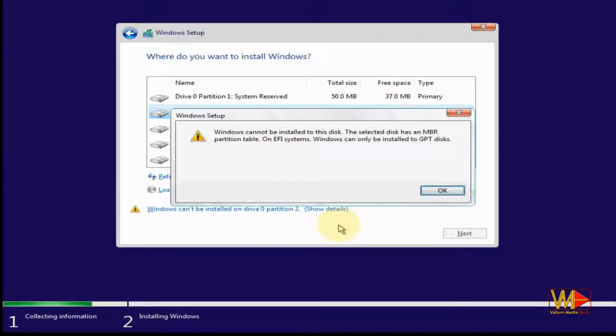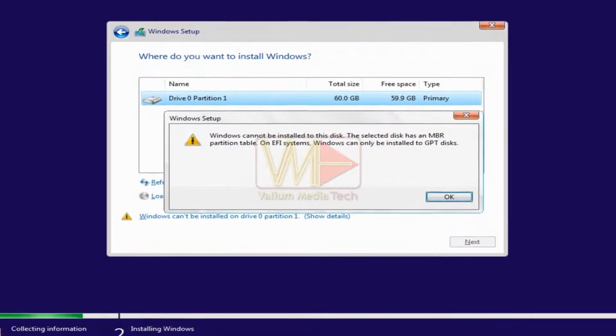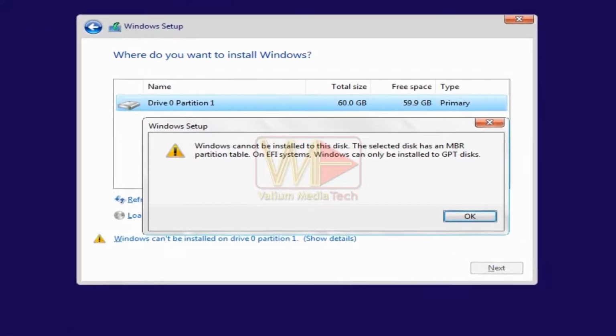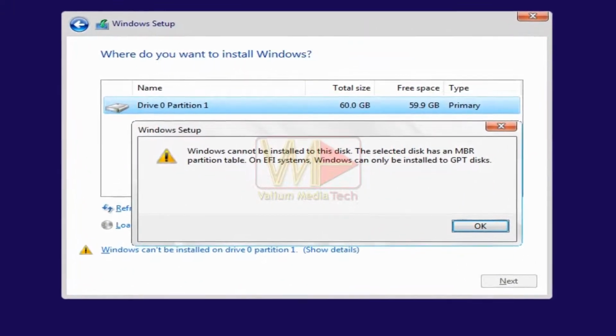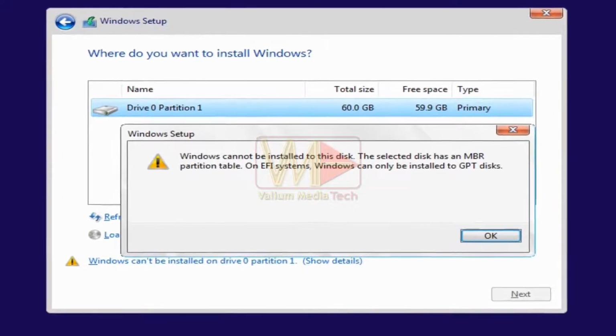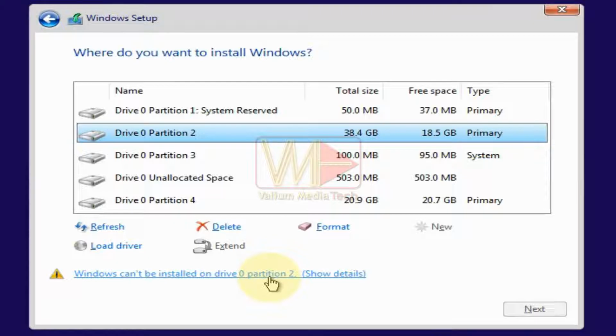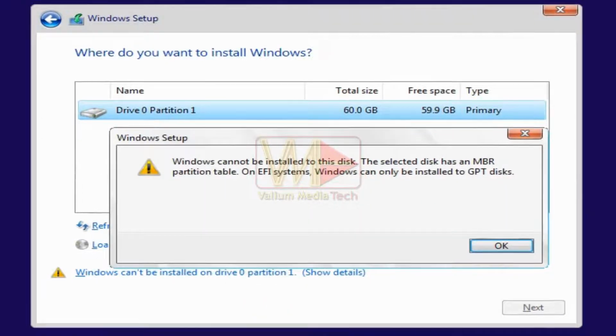Welcome everybody. In this video, I will show you how to fix this error. Windows cannot be installed to this hard disk space. The selected disk has an MBR partition table. On EFI systems, Windows can only be installed to GPT disks. This error message appears after clicking on the general error message that says, Windows can't be installed on drive 0